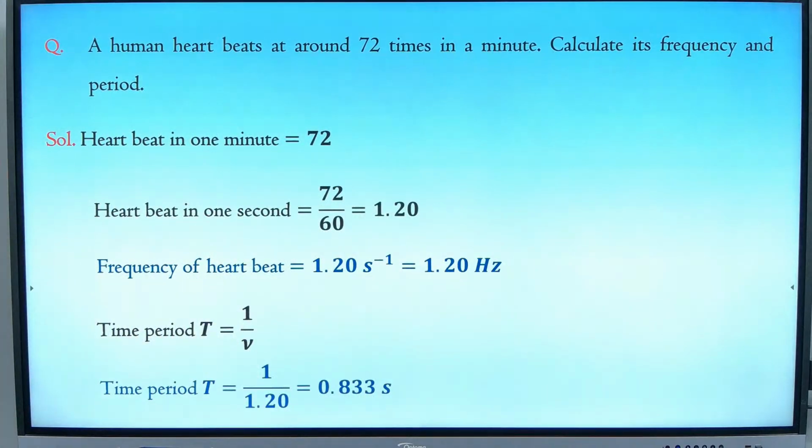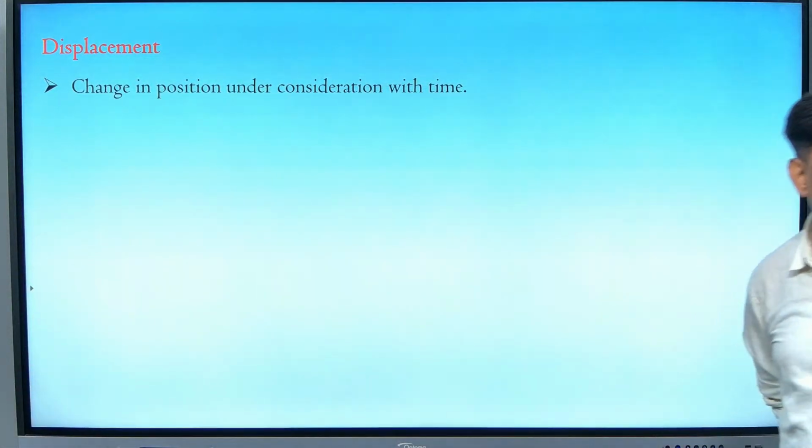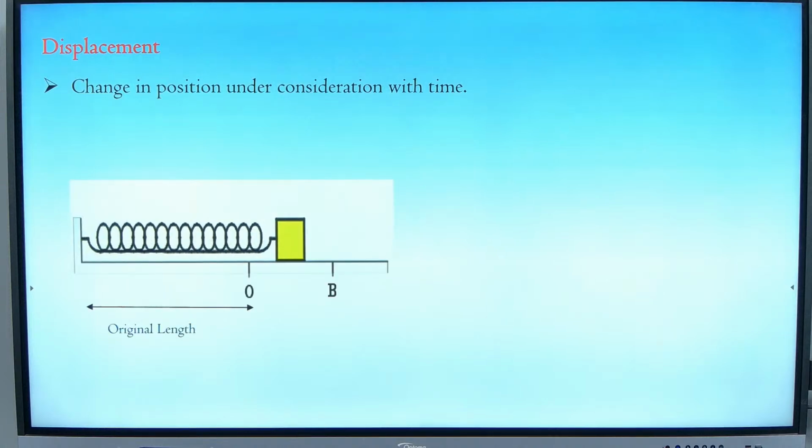Isn't it? Biology students. Shall I proceed further? Simple question it was. Does not deserve. And what is displacement? It is the change in position under certain time. So once again, displacement is well known to you from the first chapter itself, and angular displacement also is known to you from which chapter? From motion in a plane, isn't it?